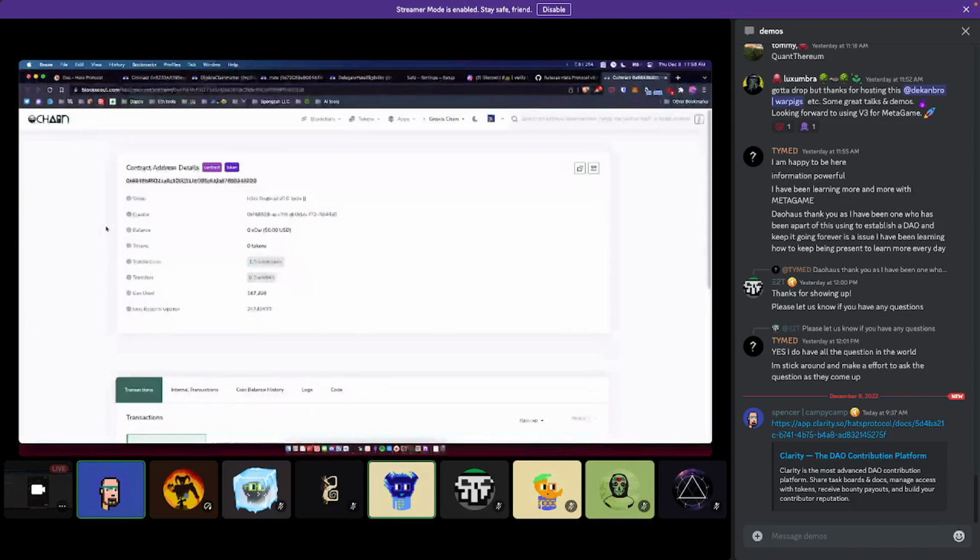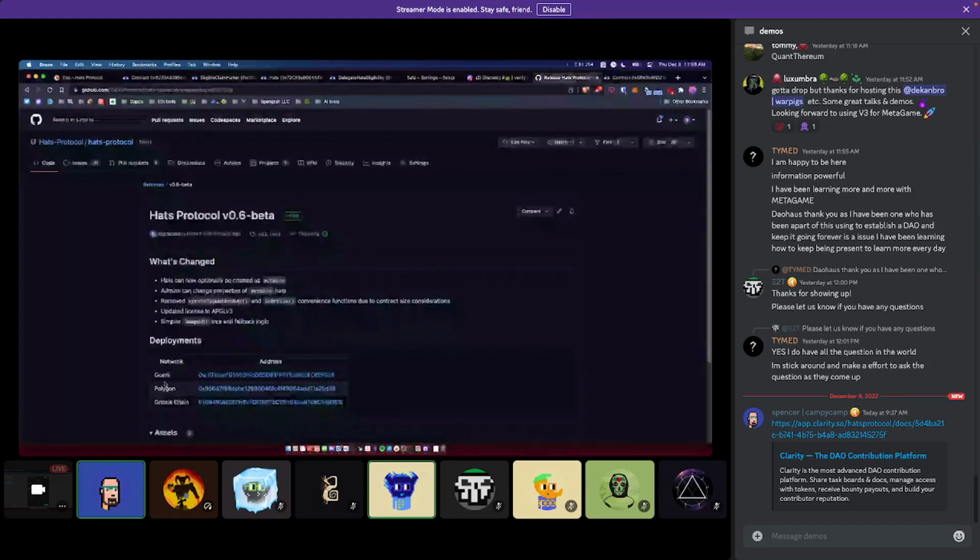But we are trying as much as we can to put this tool in the hands of DAOs that want to play around with it. So it is available right now on Goerli testnet, Polygon, and Gnosis chain. If you do want to use it, just keep in mind that it definitely is in beta, and we're going to be deploying new versions, so you can't fully rely on your version being the final one.